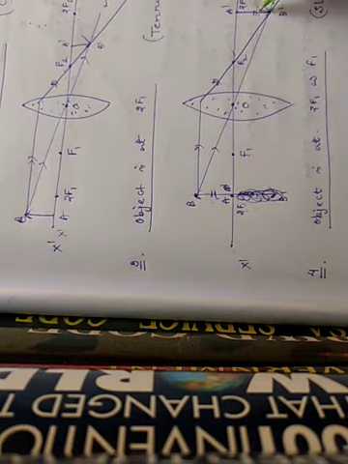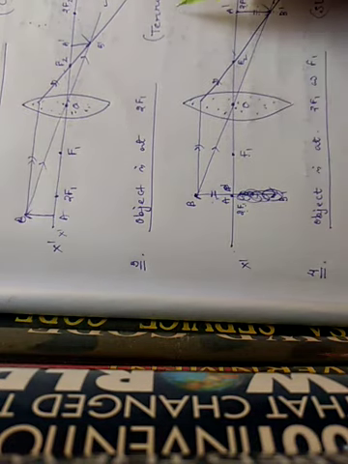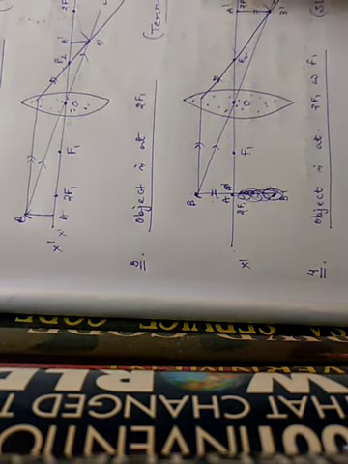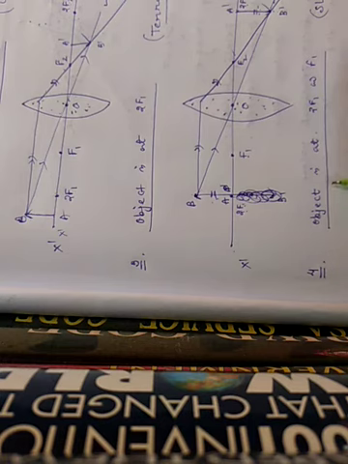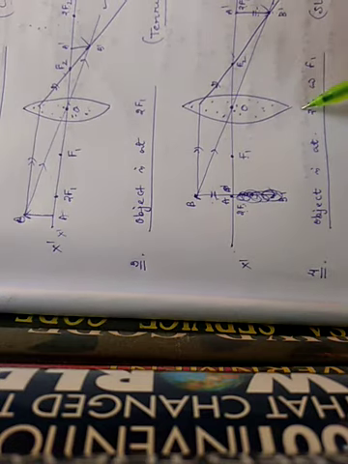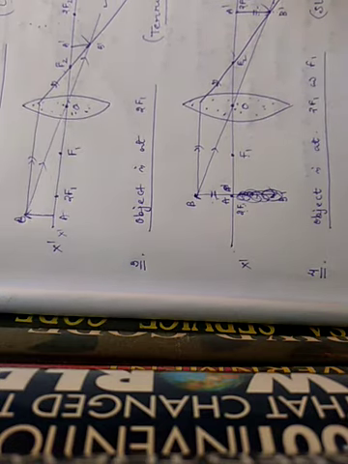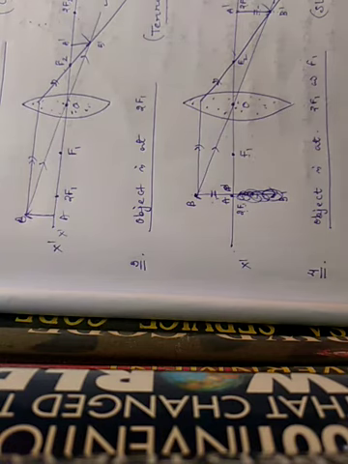Now where are we using this object position? These are used in a terrestrial telescope, where in the first step we need the inverted image. Now the fourth position: the object is between 2F1 and F1. In a similar manner, first remember that the image is formed at infinity and 2F2, and the image is real, inverted and magnified. That means we should take a very small object.